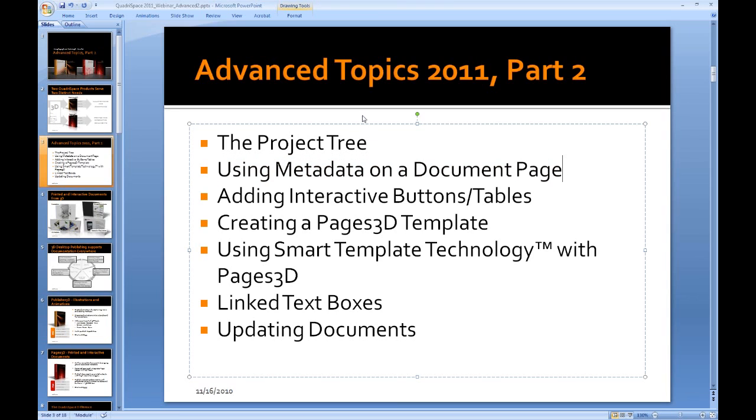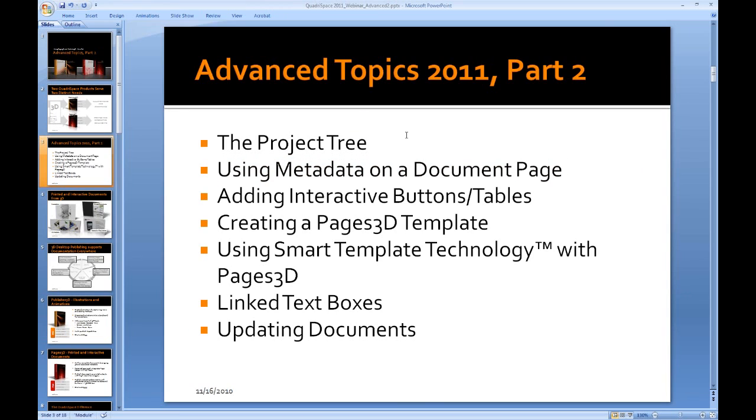So we went through the project tree, how you can drag the different elements onto the page, how you can use metadata, how you can actually show the metadata on a document page, then how you can author a document that has interactive buttons and tables, and then how we created our own template, and then we used Smart Template technology to leverage that template, and then how we were able to use linked text boxes,